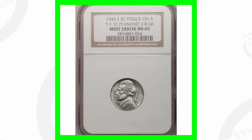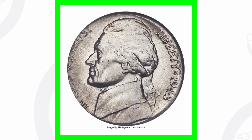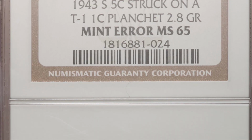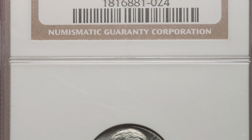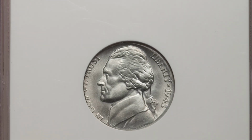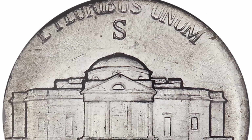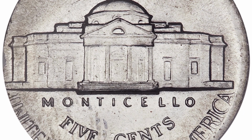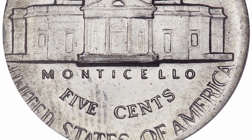Now this next one is a very, very awesome coin. This is a 1943S 5-cent coin, a Jefferson nickel that was struck on a 1-cent planchet. It only weighs 2.8 grams. This one was actually struck on a steel penny. So you guys know the steel pennies from 1943. This nickel was actually struck on a steel penny pretty much. This is supposed to be a 35% silver nickel, as it is from 1943. Now this coin here, because of that error, because of the high grade, sold for over